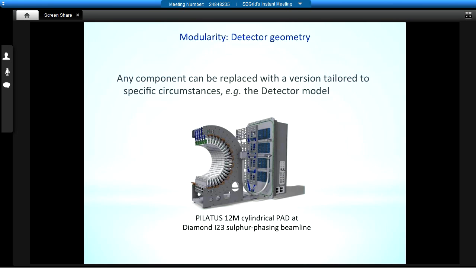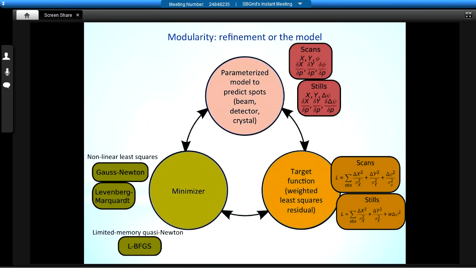And in this case, we don't simply refine the 6 degrees of freedom for the detector. We independently refine 6 degrees of freedom for each of those 120 panels on the detector. So there's a hierarchical relationship between the detector and then the panels on the detector. This modularity extends throughout DIALS, and here I'm going to show a little bit about the way we develop and